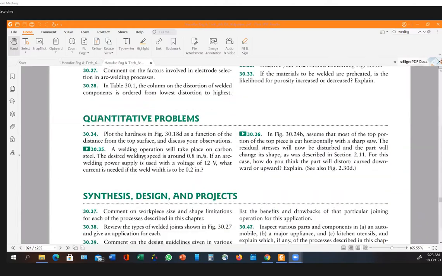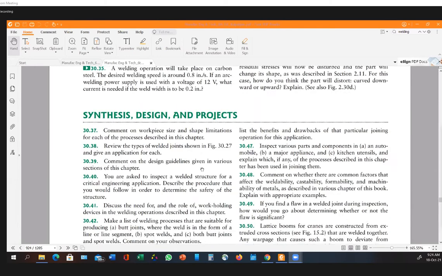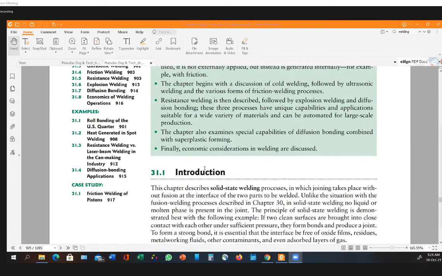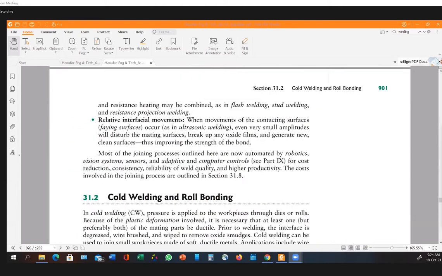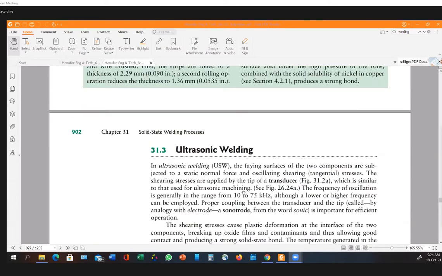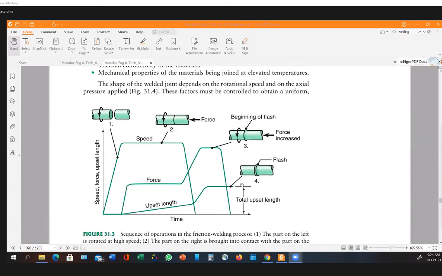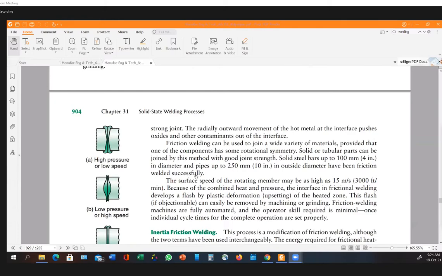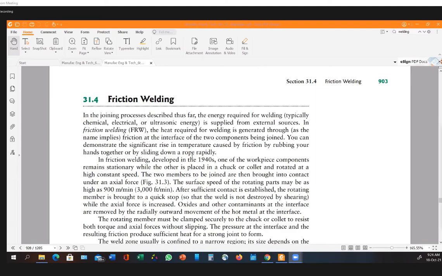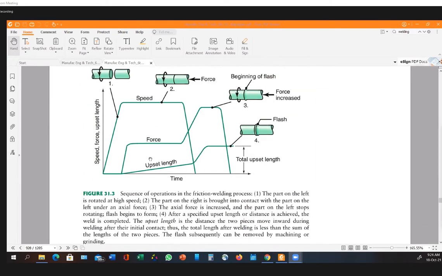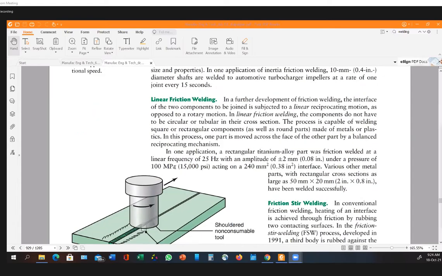এখানে যে কোয়ান্টিটেটিভ প্রবলেমগুলো আছে, এগুলোর দুই একটা প্রবলেম আমরা করতে পারি, যদি আমরা করি তাহলে ওই রিলেটেড ফর্মুলা এবং বইয়ের কোন সেকশনটা ইম্পর্টেন্ট আমি বলে দিই। So ফর্মুলা নিয়ে চিন্তা করার প্রয়োজন নেই, I will tell you which ones to remember. সেকেন্ড, আমরা যেটা শুরু করলাম সলিড স্টেট ওয়েল্ডিং এর মধ্যে তো কয়েকটা আমরা দেখলাম, so ওই জিনিসটা আছে, discuss some of them. আরো যখন আমরা ডিটেইলে দেখব, এই যে ফ্রিকশন ওয়েল্ডিং, we discuss this just very briefly, এখানে ব্রিফলি পড়লে চলবে।